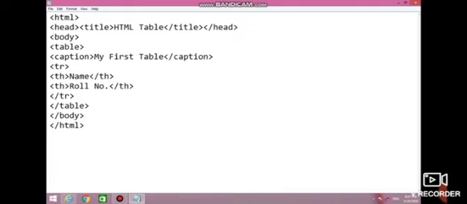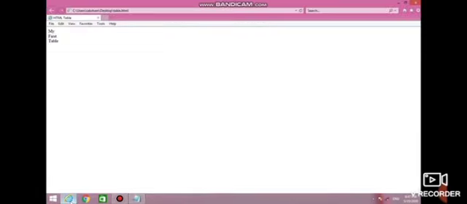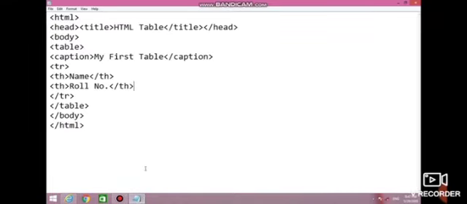Save coding. See its effect on web page. Refresh the program. My first table, caption, and name and roll number are two headings of columns.